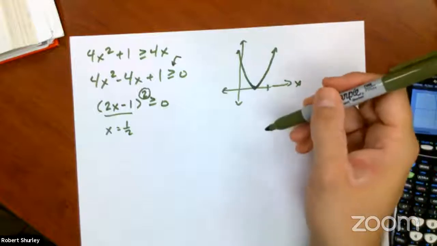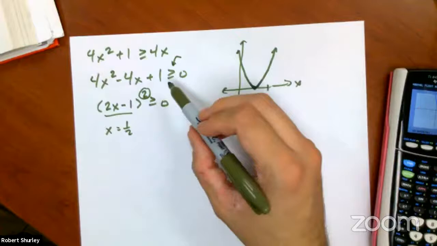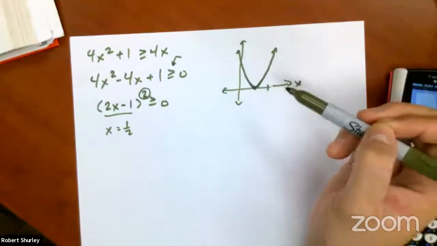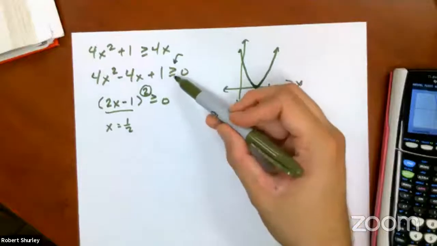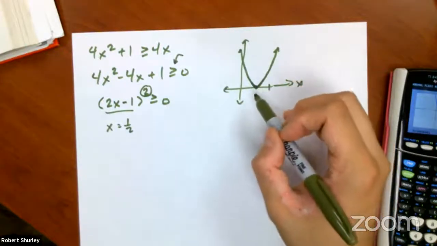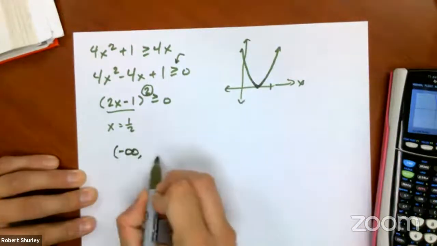No, it's never below 0, right? So if it's never below 0, it's always greater than or equal to 0. It never goes through the x-axis, right? And it's equal to, so it includes that endpoint. It includes the vertex, which is sitting right there on the axes. So this one is actually kind of interesting. It's negative infinity to infinity,